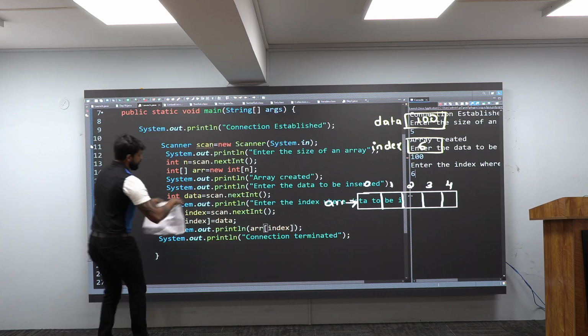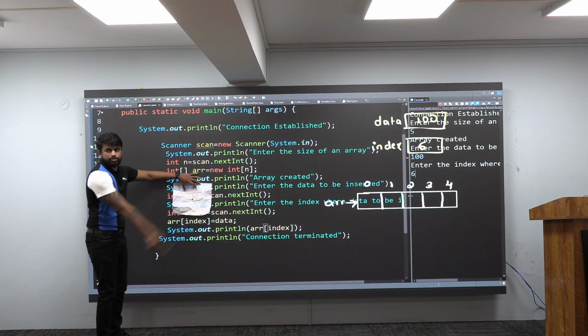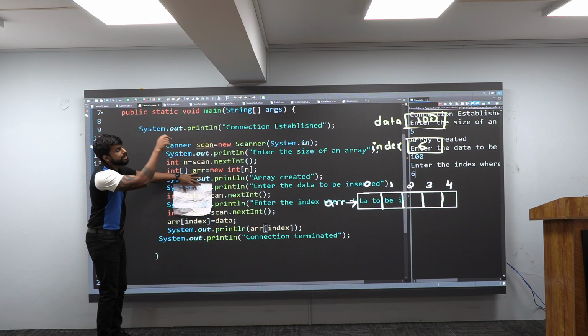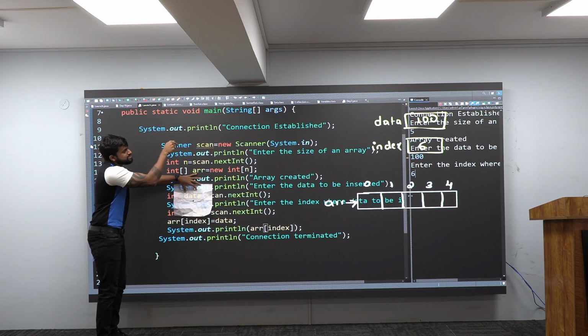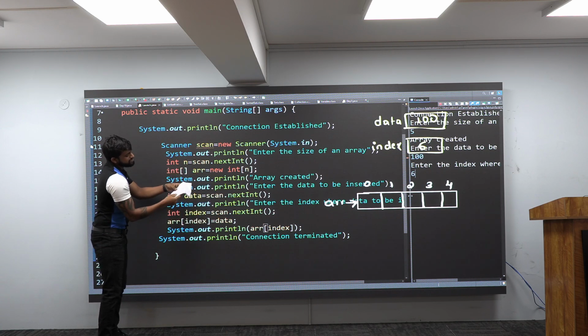Very good. Not only that, it will tell you what kind of exception this is. Are you going out of bounds? Yes. Where are you going out of bounds? Array. So that is why it will tell you this is an array index out of bounds exception. It will tell in which package, which class, which method, which line. This report it will create, and this report is converted to an object like this.